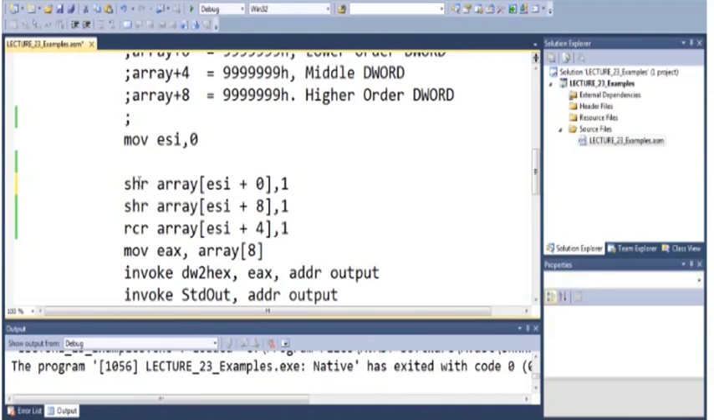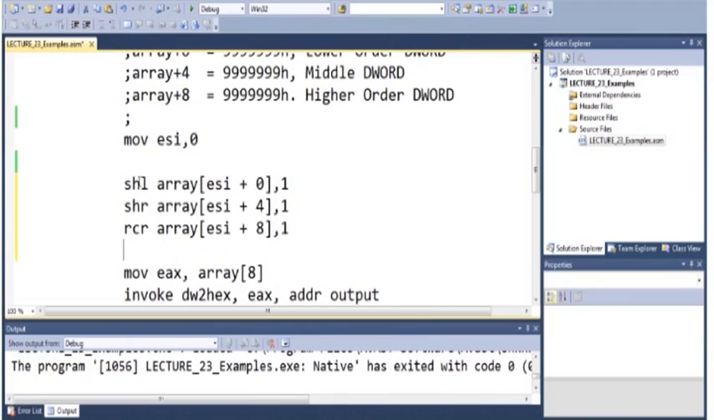Sorry, we will perform shift left. Previously we performed shift right, now we are going to perform shift left. So if we shift left, just be careful that you have to start from here, shift left, ESI 0, then we have 4, then we have 8, and so on. So what will happen if we perform shift left on this one, then carry will be updated with the value 1,